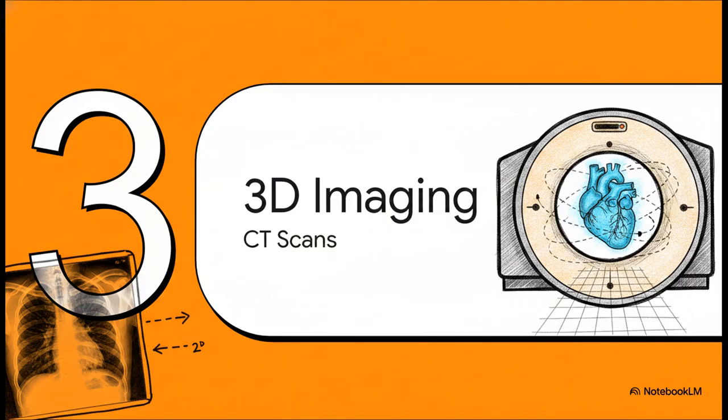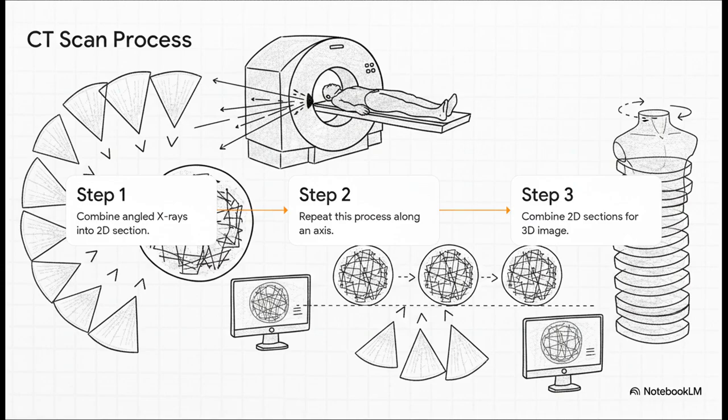Next up, Section 3. 3D imaging using CT scans. So, a standard X-ray is really just a flat 2D shadow. Let's demystify how a CT scan actually works to get a full 3D shape, step by step. In step 1, the machine doesn't just snap one picture. It physically rotates around the patient, taking multiple X-ray images from completely different angles of just a single, super thin slice of the body. A computer then takes over, mathematically combining all those overlapping angles to generate a highly detailed